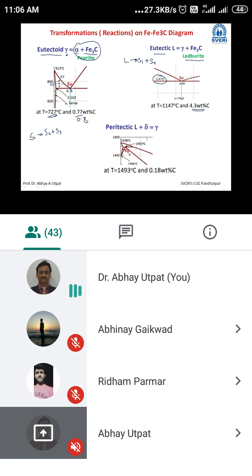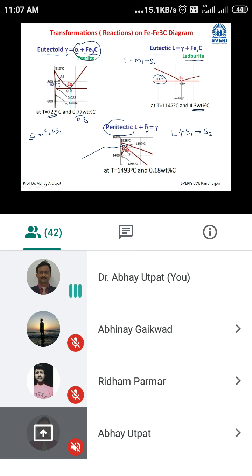Then the last part, the peritectic reaction. The general definition is L plus S1 gives S2. Write this down. What is L here? L, liquid. What is S1 here? Delta ferrite. And the mixture of liquid and solid gives the next solid. So here I have shown the arrow mark. At this gap, there is L plus delta, and during solidification, that gives pure austenite.